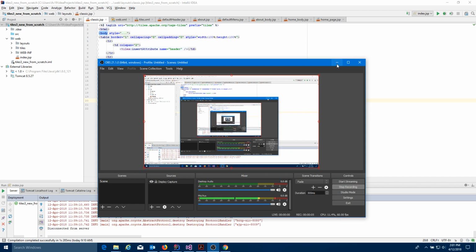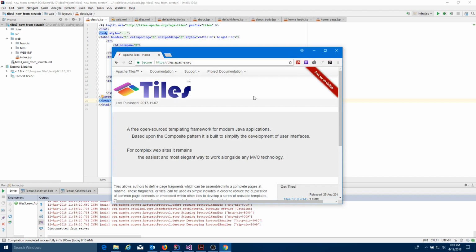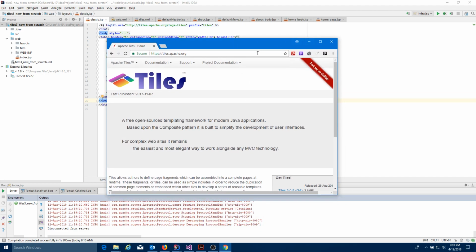This is another class on Java web development, and this time I am using Tiles. For those who are not familiar with Tiles, it is an open source templating framework for Java applications. The reason I started to actually create this